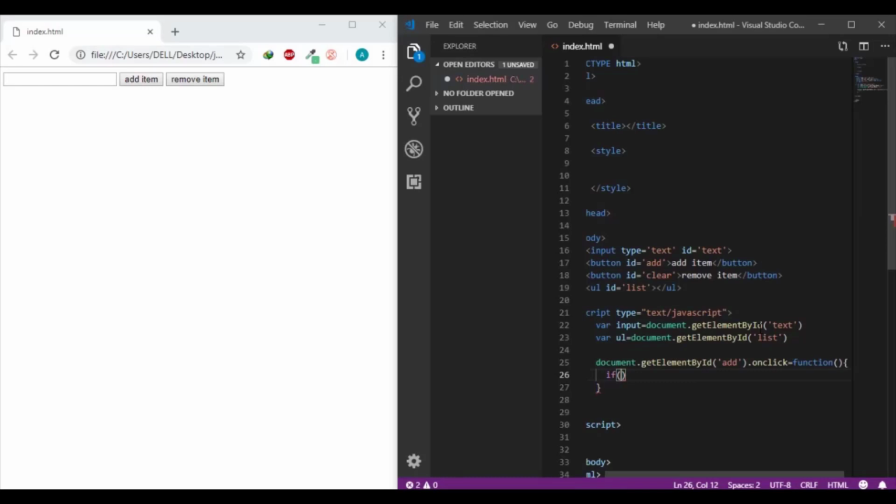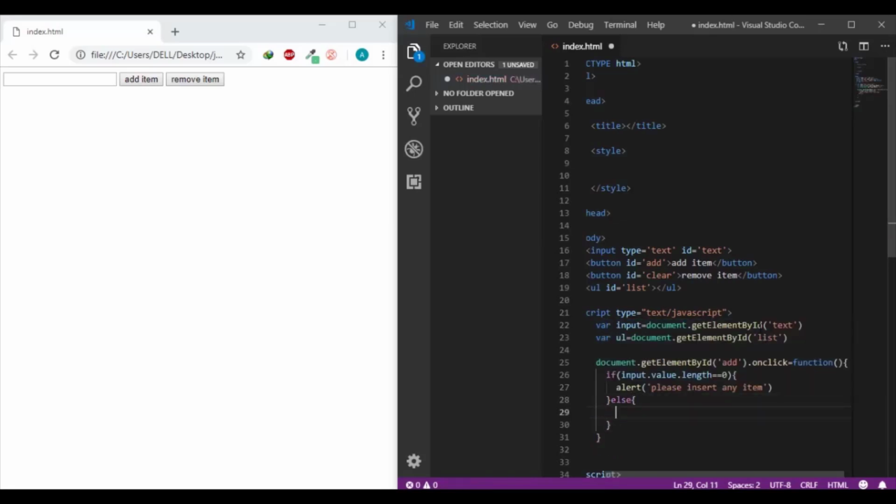So if input.value.length equals 0, so if the inserted data is 0, in this case alert, please insert any item, and else